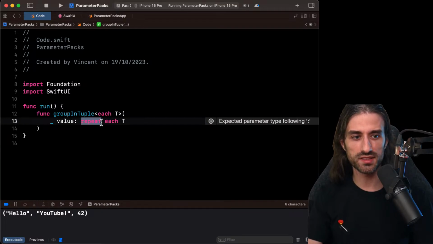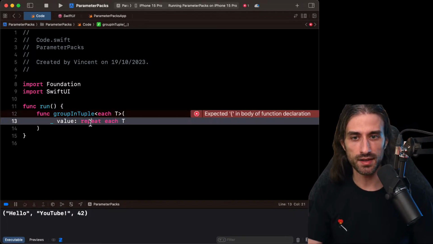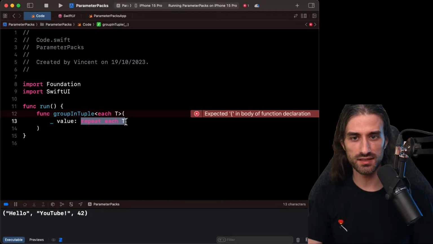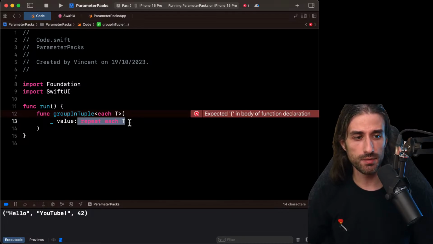So repeat is what starts the pack expansion. Inside the pack expansion, you can use a parameter pack. And the way you can see it is that if you call the function passing an int and a string, repeat each t will be replaced by int, comma, string. You call the function passing an int, a string, and a double, repeat each t gets replaced by int, comma, string, comma, double.